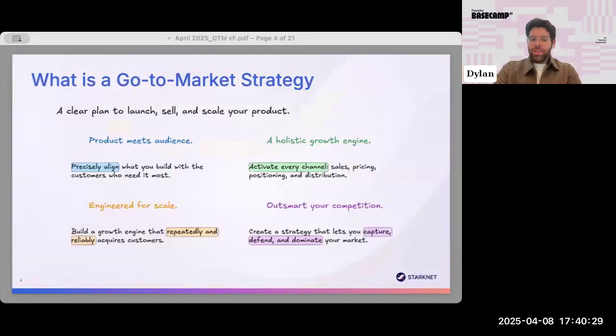A go-to-market strategy is just a clear plan to launch and scale your product. It's how you bridge the gap between having a product and having customers who actually use it. Think about Airbnb in their early days. They didn't just build a platform and wait. Their go-to-market included photographers helping hosts actually create professional listings, targeted cities during events with accommodation shortages, and they focused